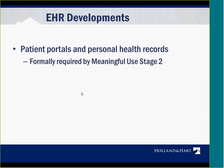A couple things that still are questions, issues that I see developing, where I think the new issues are arising because they are fairly new products and things that are still continuing to roll out. The one being patient portals and personal health records. The use of patient portals was formally required for attesting in meaningful use stage 2. And this is the ability for patients to more easily access their healthcare information. They can go into patient records that are their EHR that's maintained electronically, have access to that, be able to download that information, communicate preferences back to their provider through this electronic system,